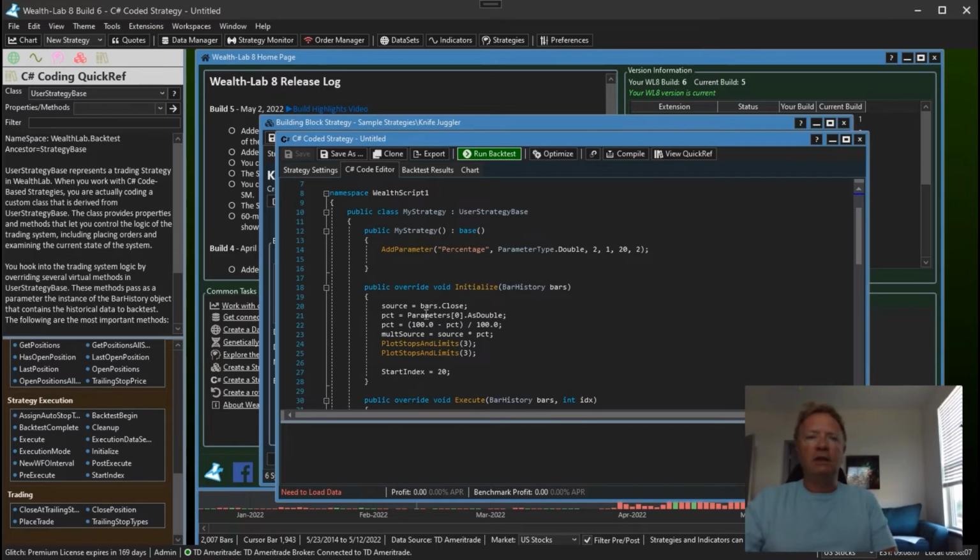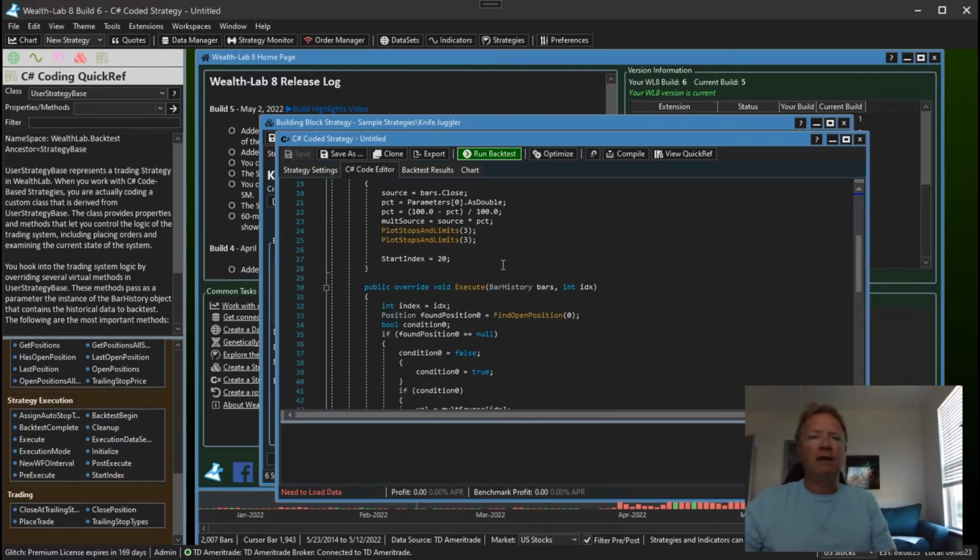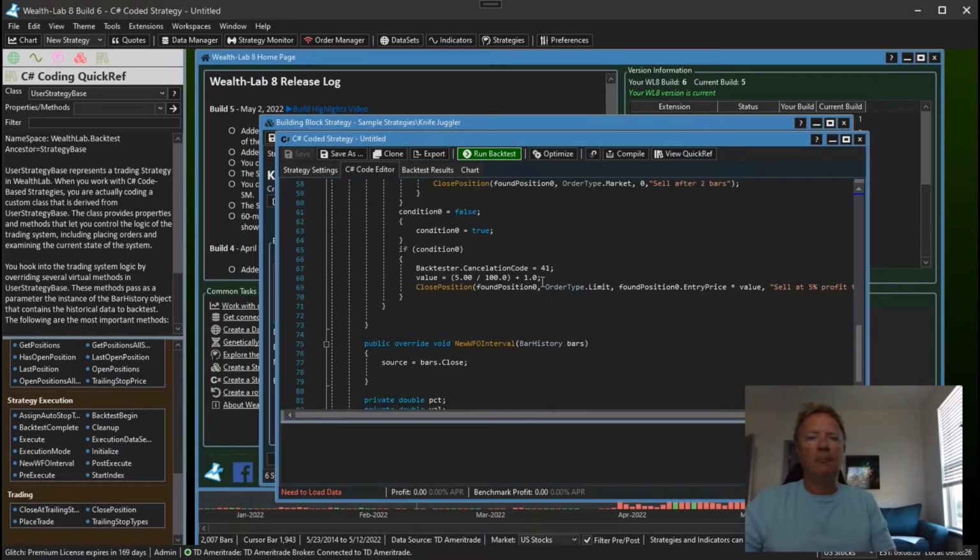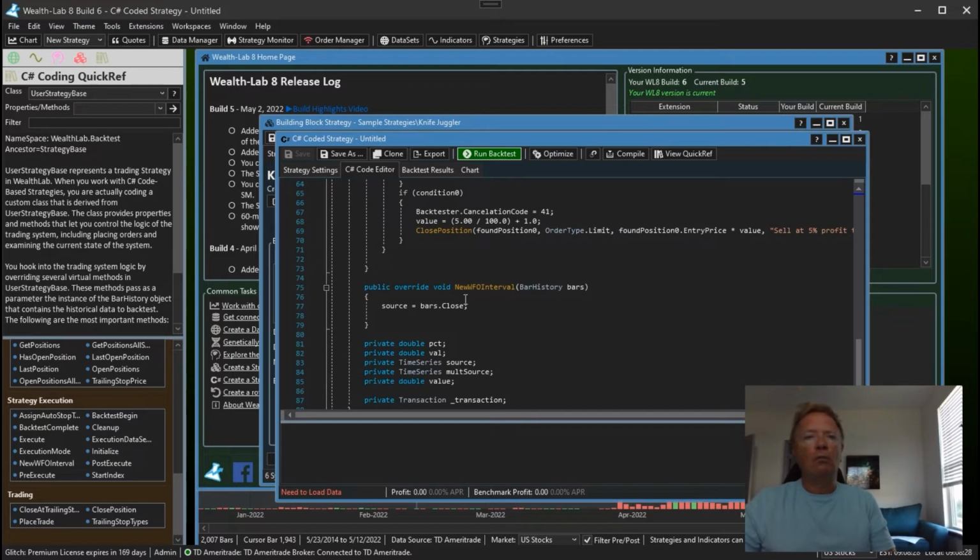So if these indicators happen to be calculated with parameter values, they actually weren't responding in the special walk forward backtest run that is available in the walk forward optimization. So to rectify that, we added this new method, a new WFO interval. And what this does in a building block strategy, it automatically recalculates all of the intervals whenever there's a new